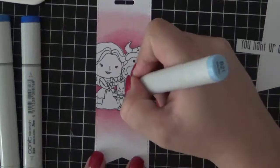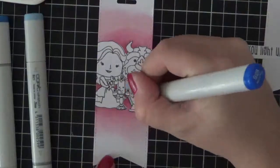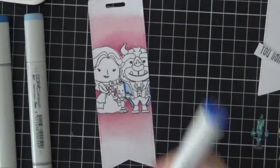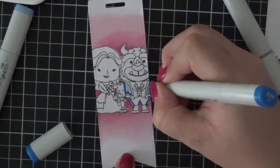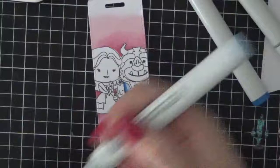So after I finished colouring, I did notice a couple of spots where I may not have cut right on the line when I was doing the masks, so I just used a RV Copic marker just to fill in those little spots. So here I am working my way through colouring each of the images up,